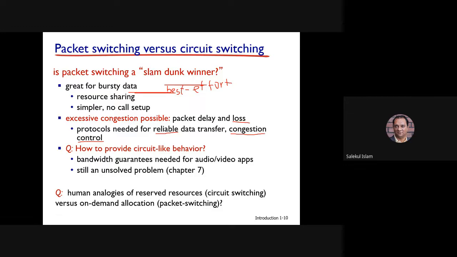So if we compare with our human analogies, circuit switching means we have reserved our resources, and packet switching means on demand we allocate resources. আমার যখন ডিমান্ড বাড়বে তখন আমি রিসোর্স অ্যালোকেট করব। এটা হচ্ছে গিয়ে যদি তুমি আমাদের নরমাল পারসেপশনের সাথে কম্পেয়ার করো।